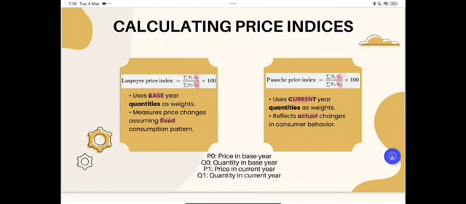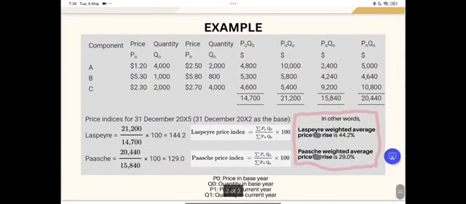Okay. Next, we take a look at the example. For the example, we already have the answer. For Laspeyres, we got 144.2 and for Paasche, we got 129.0. In other words, with Laspeyres the average price rise is 44.2% and with Paasche the average price rise is